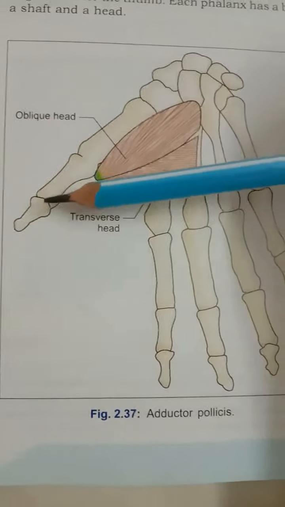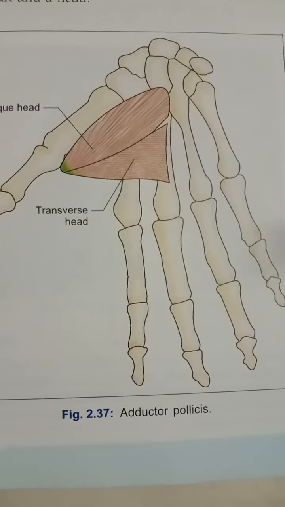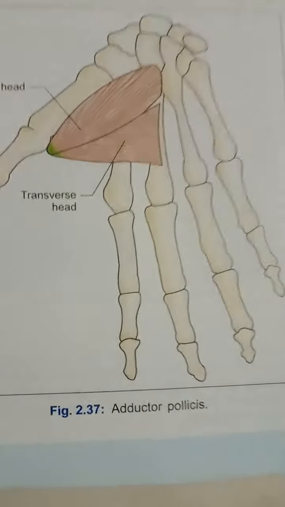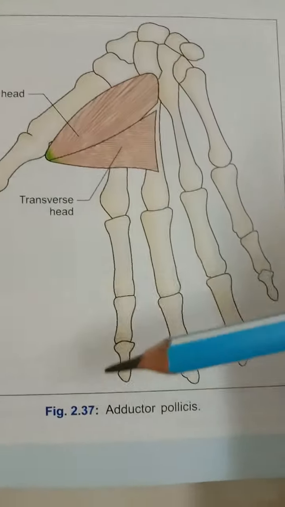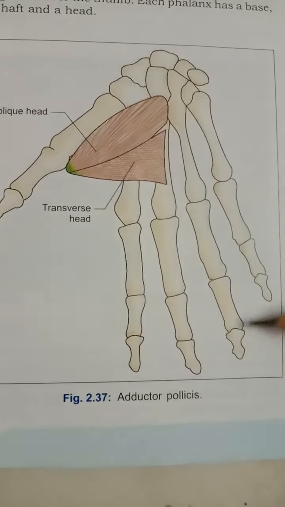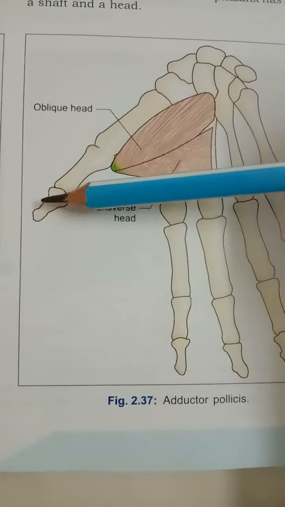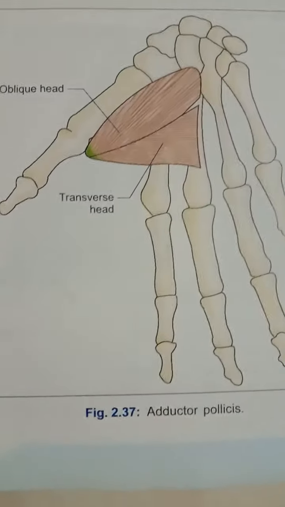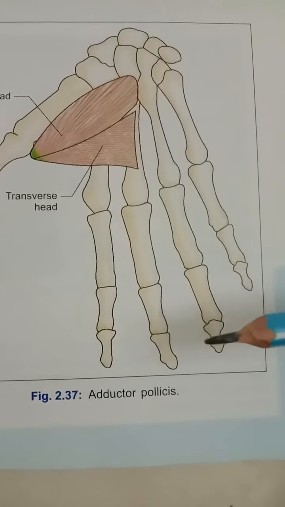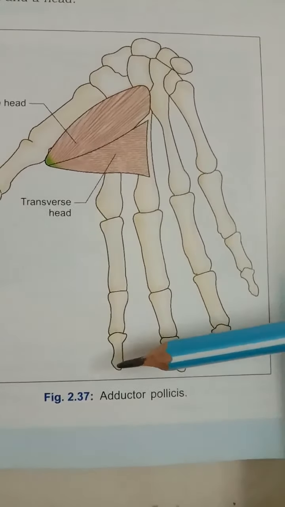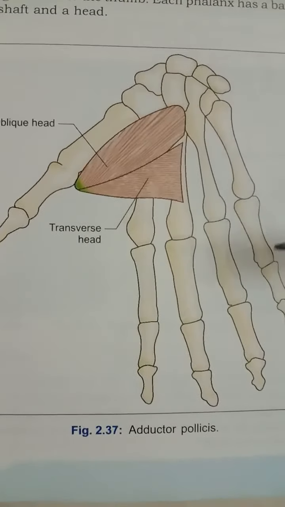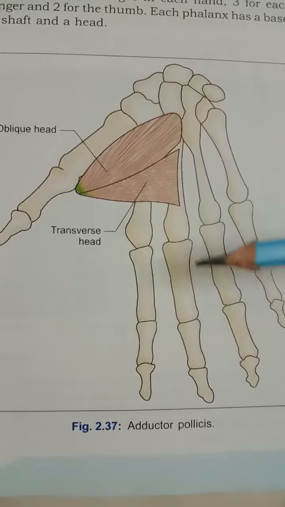As you know, the head is present distally. The heads of the proximal and the middle phalanges are pulley shaped, and the head of the distal phalanx is non-articular and has a rough horseshoe-shaped tuberosity. This is the tuberosity. Then the ossification of the phalanges.